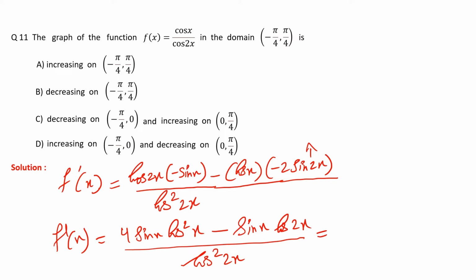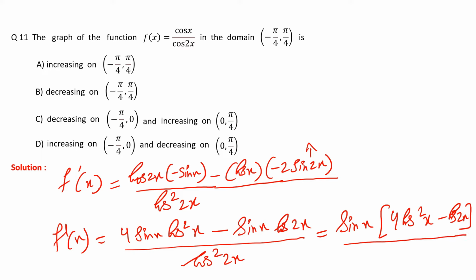Now this becomes, I can take out sin x common. So in the numerator I am going to have sin x into 4 cos square x minus cos 2x, and in the denominator we are having cos square 2x. So now f dash x becomes how much? Sin x